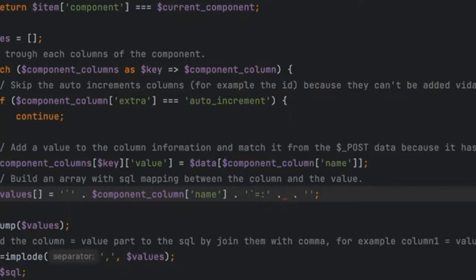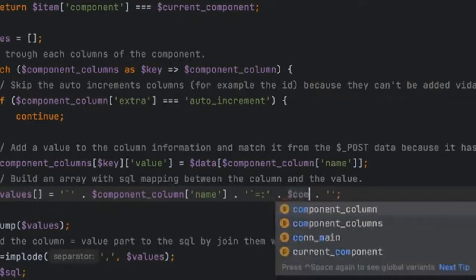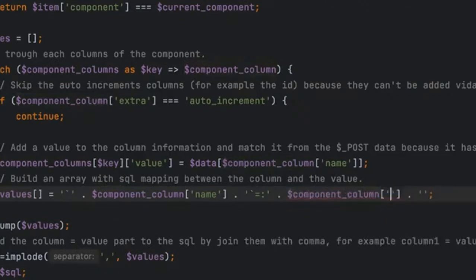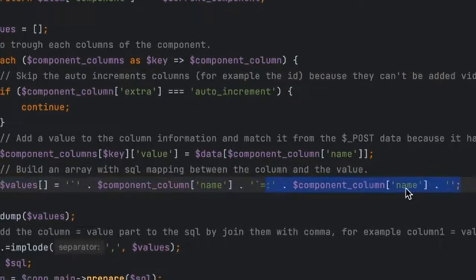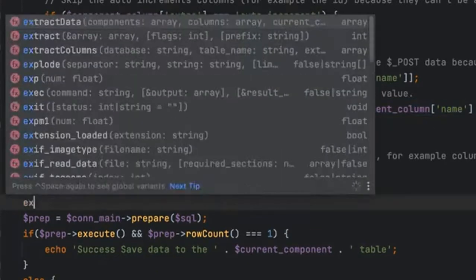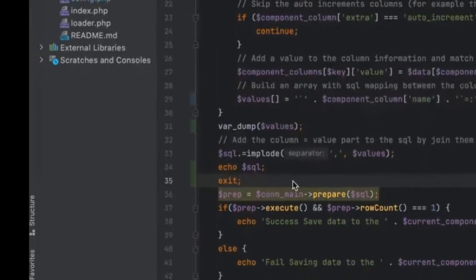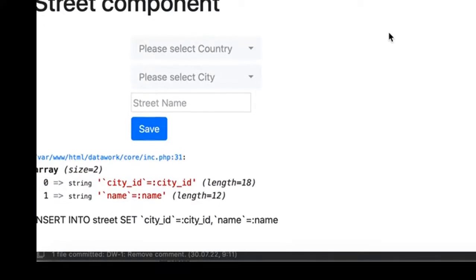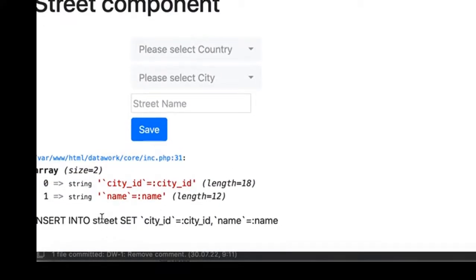It's always marked by this sign, and then I can easily use the component column name to use it. What I'm defining here is that this expects a value. And if I, let me write exit here, if I refresh now, you see the insert method